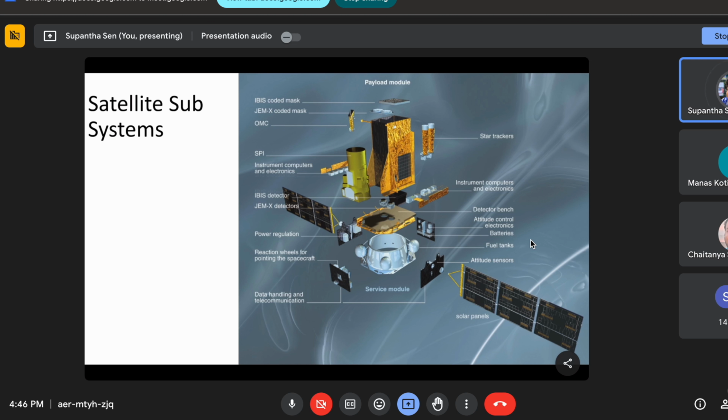So that space you required, even if fully compressed, that tank you have to put somewhere in the satellite. Today most of the space in the satellite is taken by this propellant only, and the life of the satellite also depends on how much propellant is there. Once you have launched a satellite, after 10 years your propellant will finish slowly, however much orbit maintenance you have done. Once you are out of fuel, you can't maintain the orbit, so you are gone.